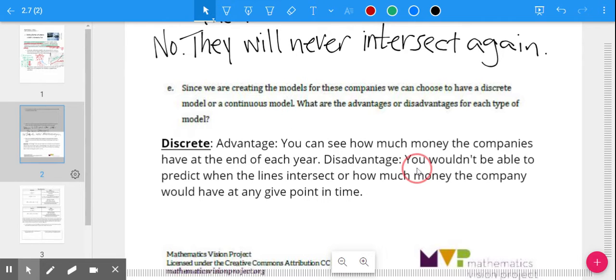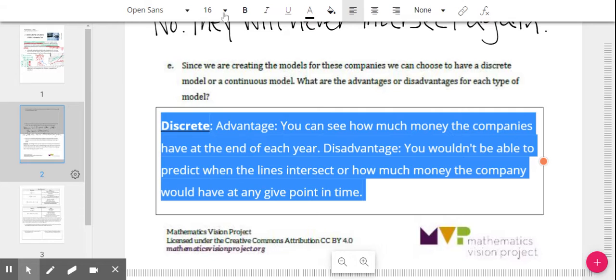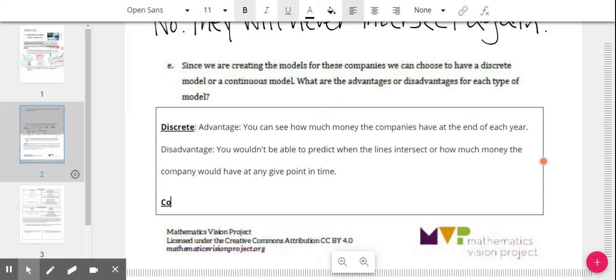That's our discrete information. Now, if we were talking about continuous, an advantage is you could predict values at any given time. So their net income, you could look at 2.5 years and see where that company stands at 2.5 years as far as its income. Disadvantage,